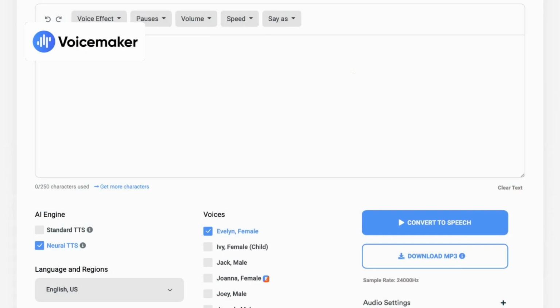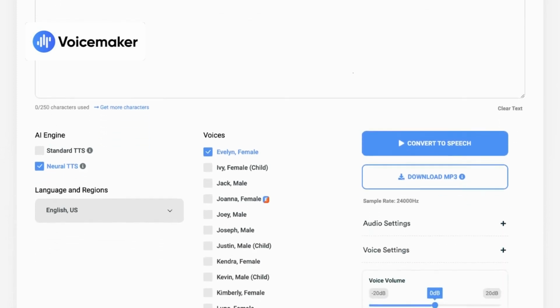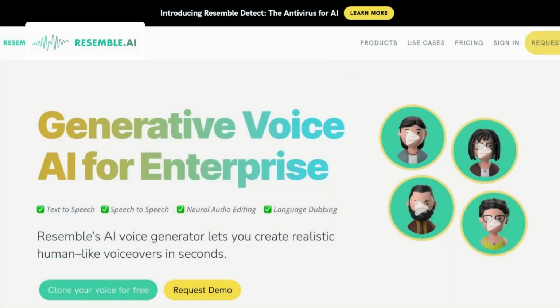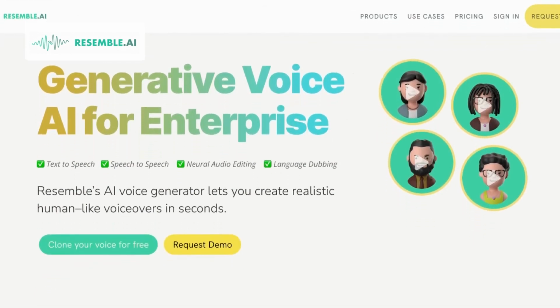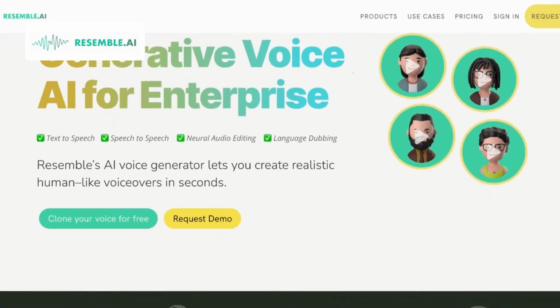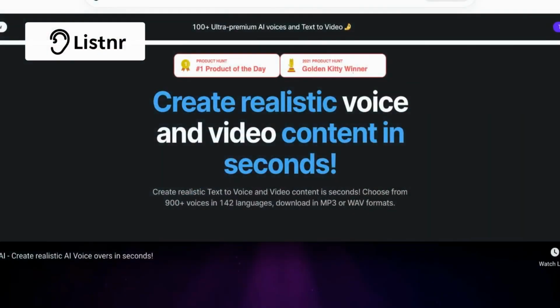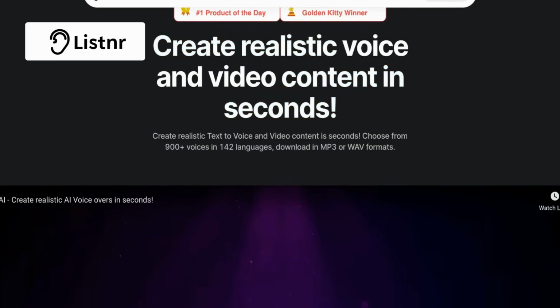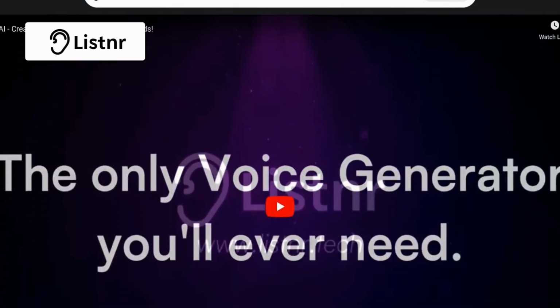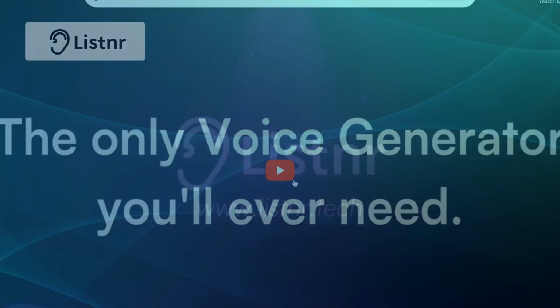Voicemaker gives you access to invite team members or collaborators to contribute to voice projects, facilitating collective creativity and content creation. Resemble AI boasts an extensive voice marketplace where you can discover and purchase pre-built voice models created by other users, saving time and effort in voice generation. Listnr's AI-powered voice analytics can analyze the sentiment and emotional impact of the generated audio content, helping content creators tailor their material to better resonate with their target audience.